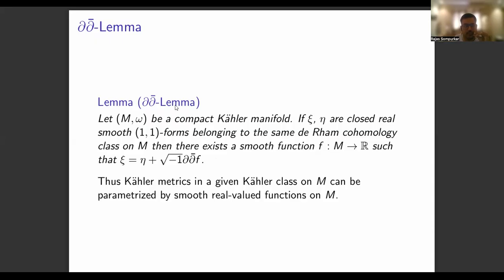But then the del bar lemma says that the difference xi minus eta is also going to be del del bar exact. So there will exist a smooth function f such that xi minus eta will be equal to square root of -1 times del del bar of f. So what this lemma is trying to say is that